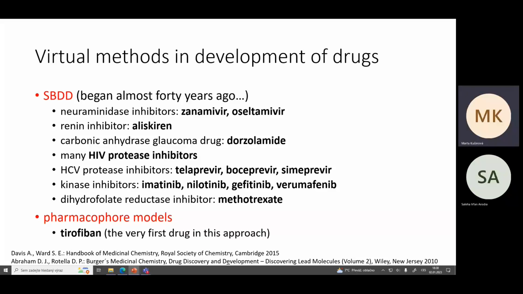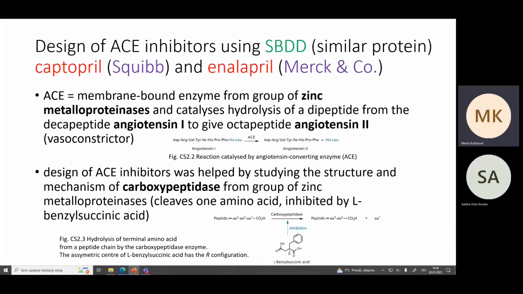I have a short list or overview of drugs for which virtual methods were used during the development. So I have some structure-based drug design methods. I will show some examples. For tirofiban, it was the first drug for which pharmacophore modeling was used. So now I would like to show the examples, not all of them, but some of them. So my first example